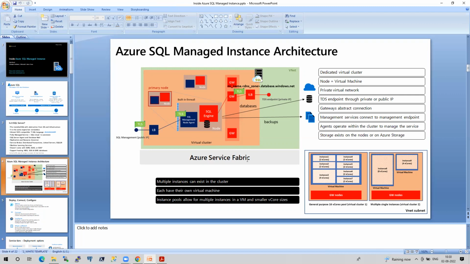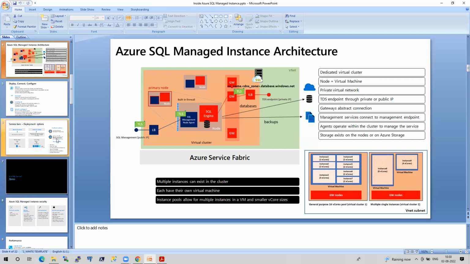They call it service fabric here, and you can create multiple instances in your MI. I will come back to this slide later and use it most of the time, because I have to refer to it to show you the underlying architecture. For now I'm skipping this slide, and I will start the creation of MI.